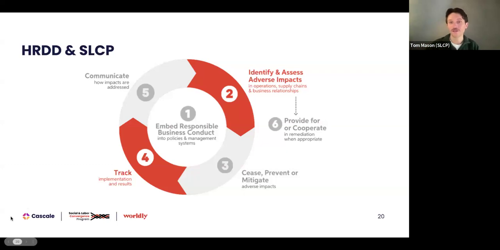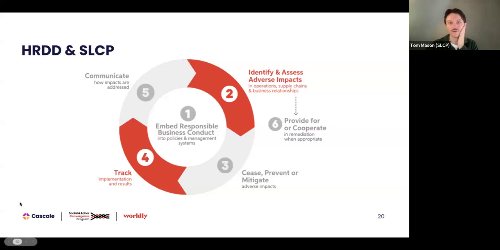What the CAF can also then do is support in tracking and monitoring how we're going with implementation. So if there's an issue that's found in a CAF assessment, let's say there's an occupational health and safety issue found in a CAF assessment this year, what the facility or with stakeholders will need to do is go away, cease, prevent, and mitigate that issue so it doesn't happen again. And then the following year's CAF, we can come in and understand, okay, is that still a problem or not, by tracking and monitoring progress against these issues. So that's a very high level snapshot as to what the role is within the HRDD process.